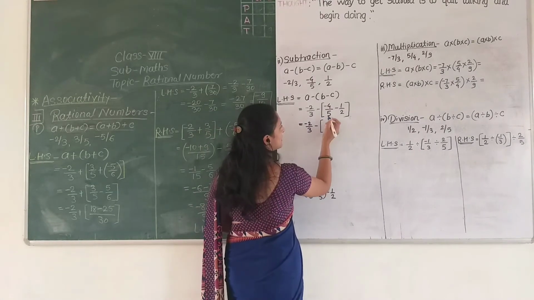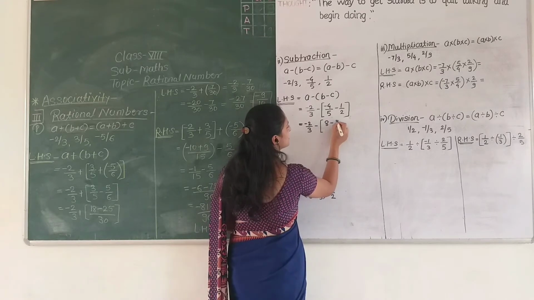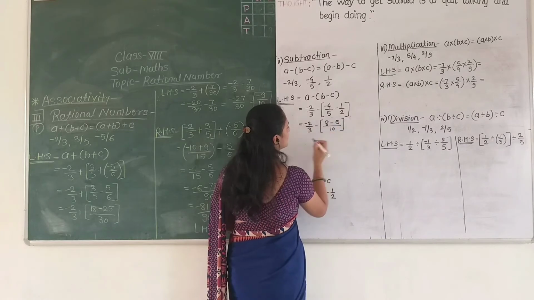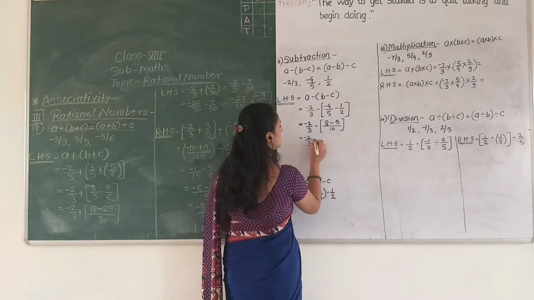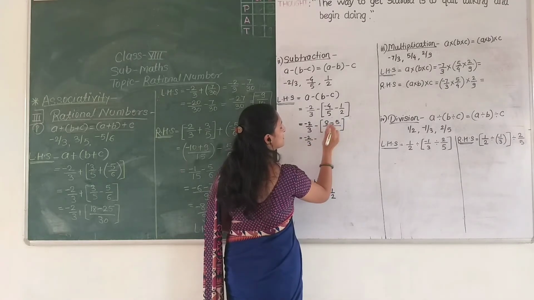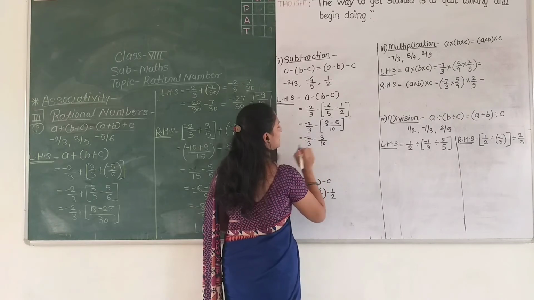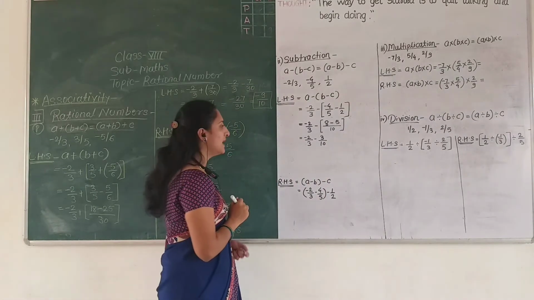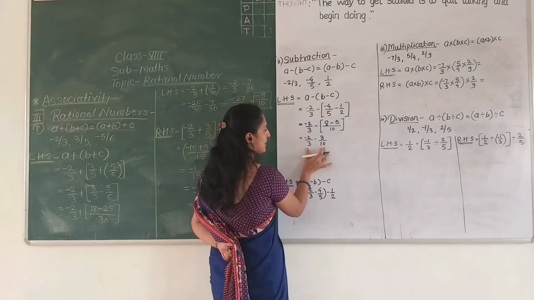So by cross multiplication we get negative 4 into 2 is 8, minus 1 into 5 is 5, and 5 2s are 10. That means here we get negative 2 upon 3 minus (negative 8 minus 5 is negative 13)...